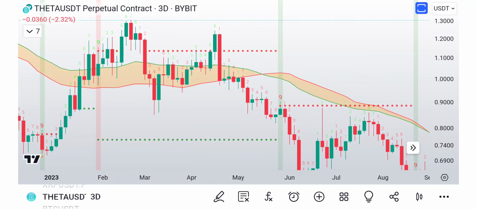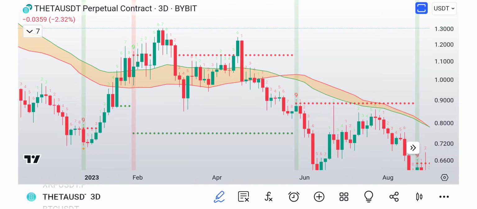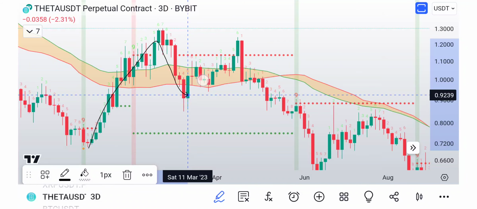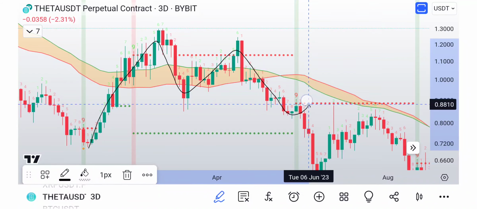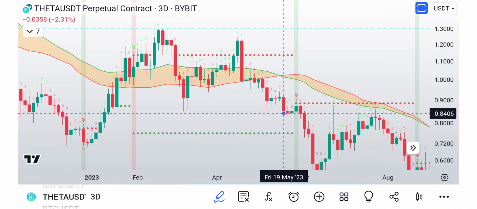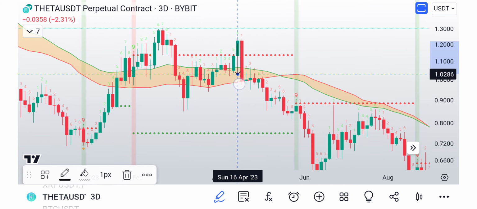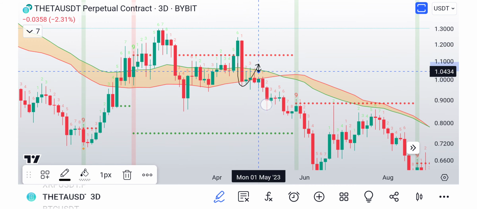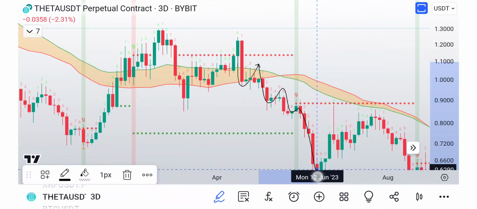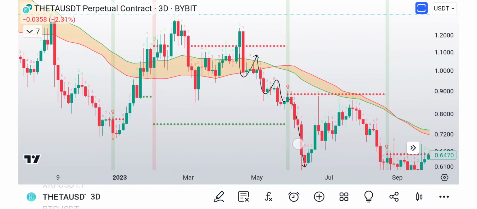It is coming off of a 3-wave shape, so you have this impulse and then a 3-wave pullback, and then you had a 9. It looked actually decent. However, we didn't have 5 waves in here. So, we had 1, 2, 1, 2, 3, 4, 5. That was only a 3-wave move there. But